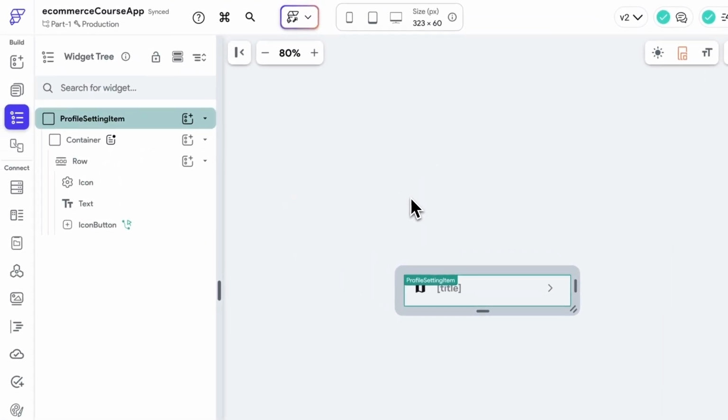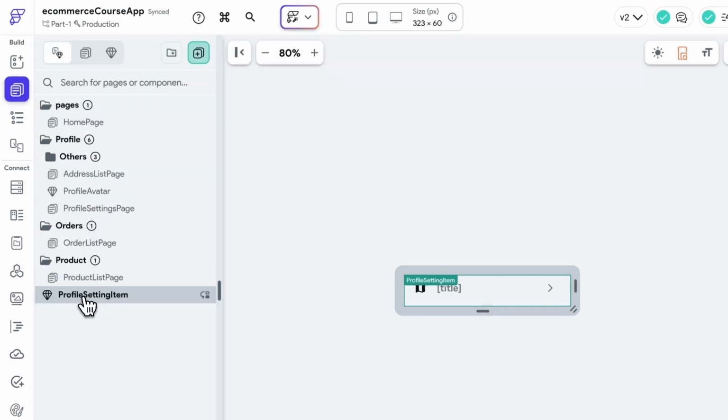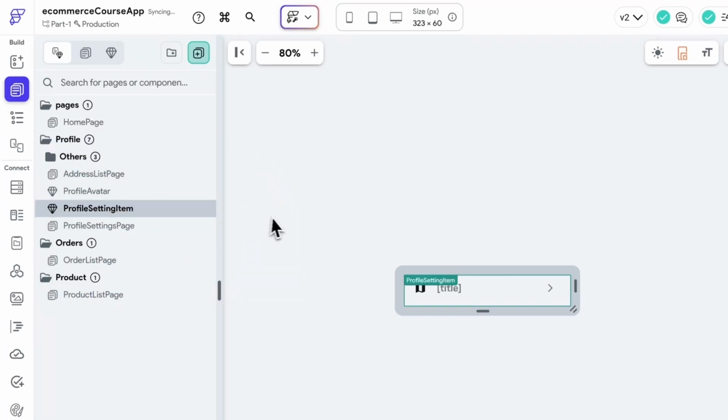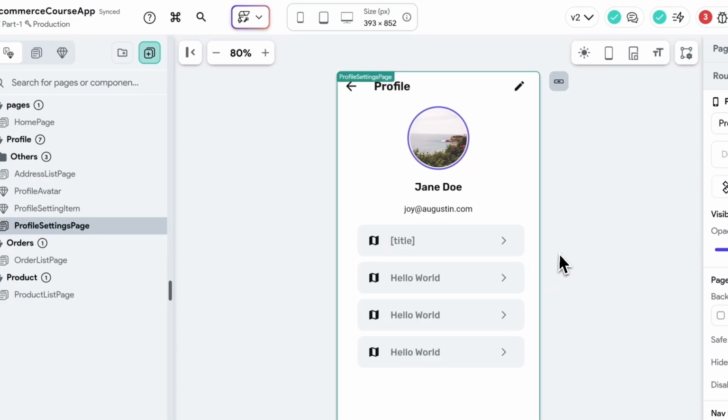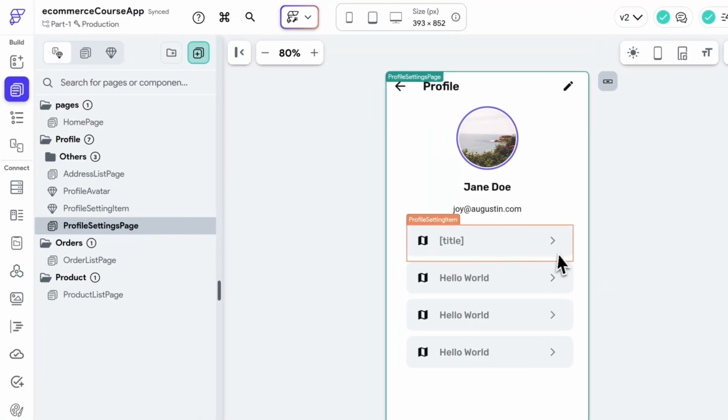All right, what just happened? So we created a component product item settings. If I go back here, you see that it is appearing here. I can actually now move this under the profile so that it's more organized. So if I go back to my profile setting, you will see that the first item is appearing as a